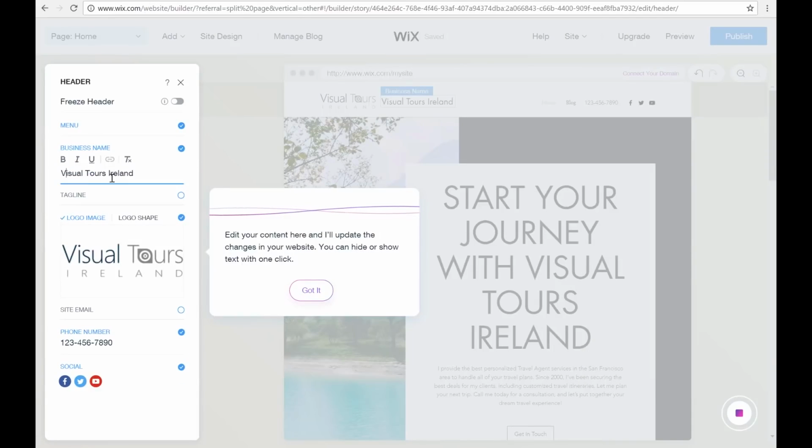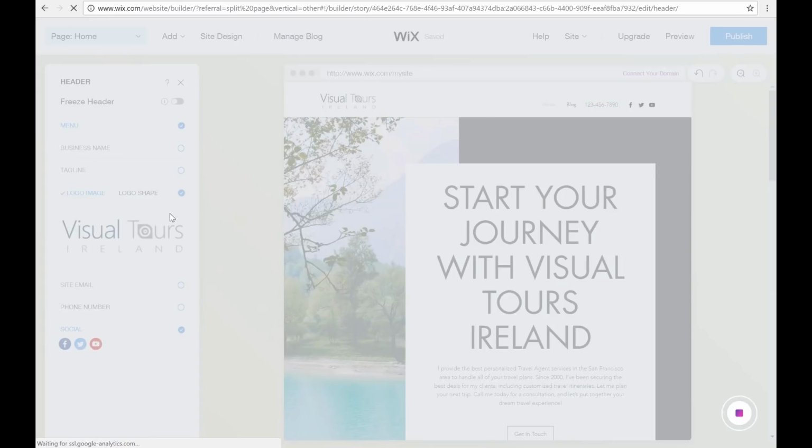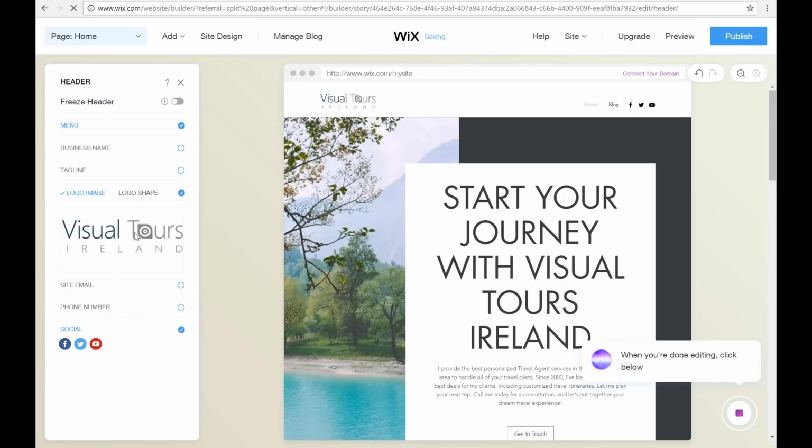So the business name is what we want to take out, and we want to take out the number also. So just click here to untick the phone number, and that will disappear, and the business name has been taken out also. Apart from that, we are all good.